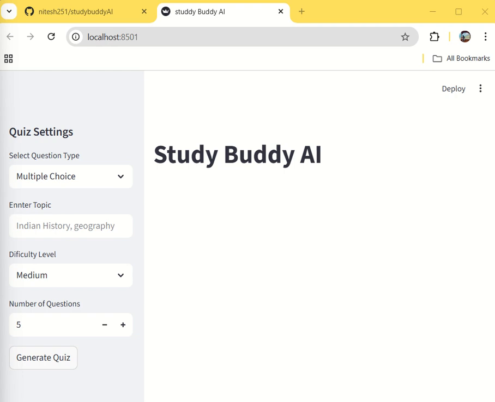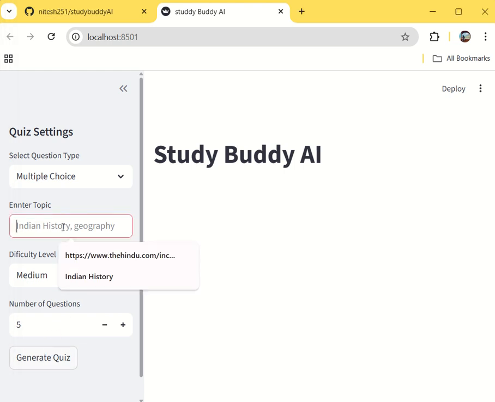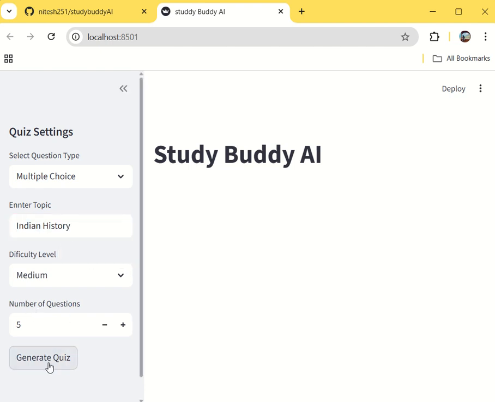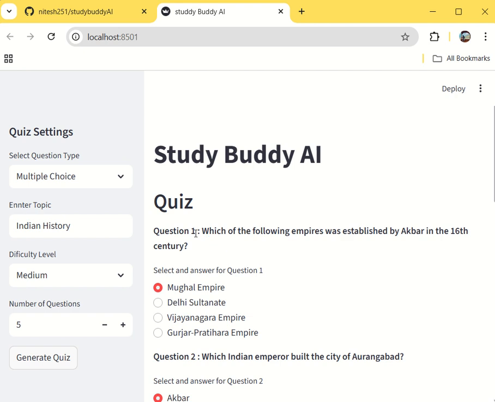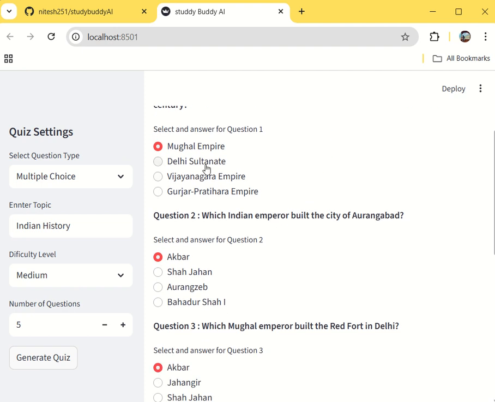So now I will be clicking on this generate quiz button. Let's select one of the topics like Indian history, and then I'll click on generate quiz. Yeah. So here, as I have set the number of questions to 5, you can see the number of questions is 5 as of now, and we will be able to attempt the quiz here by selecting the options,